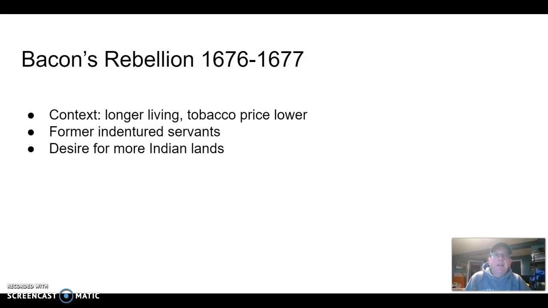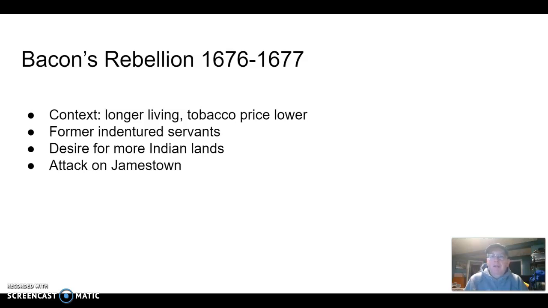And the best lands have been taken on the coast, so they are asking the government in Jamestown to push west more, to fight more Indians, to take more Indian lands, and the government is actually not really interested in doing that so much. This is where we get Bacon's Rebellion from. It's a rebellion of these largely former indentured servants who are angry the government is not responding to their needs.